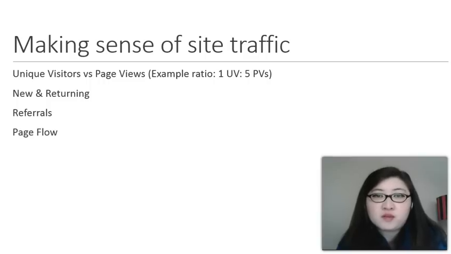So perhaps, for instance, looking at uniques and visits, you can see the differentiation and really have an aha moment where you do realize that one visitor can bring in, let's say, 5 different page views. So what would that unique visitor mean to your business or to your campaign or to your content marketing strategy? Is that nature of that unique visitor going to relate into possibly registration or some kind of aggregation of user